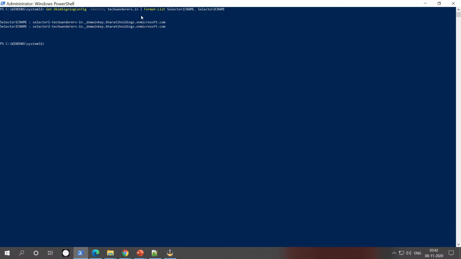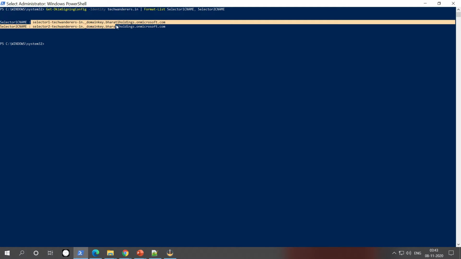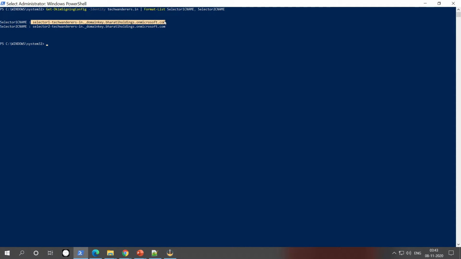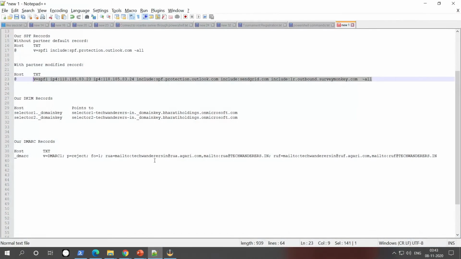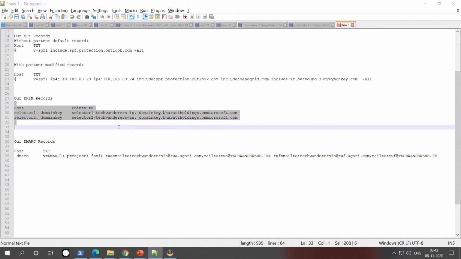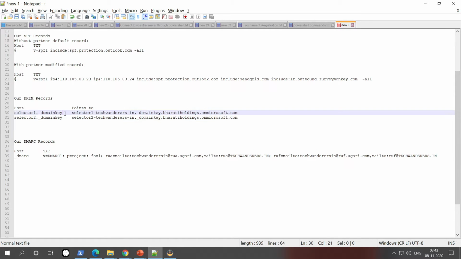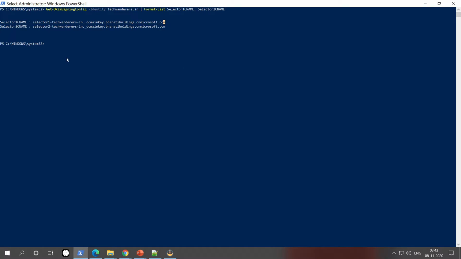You will get these two results. So what I will do is copy it to the notepad. I have notepad and I have copied it already. Make sure you are putting host as I mentioned here in the notepad, and these keys we have copied from here, from PowerShell.